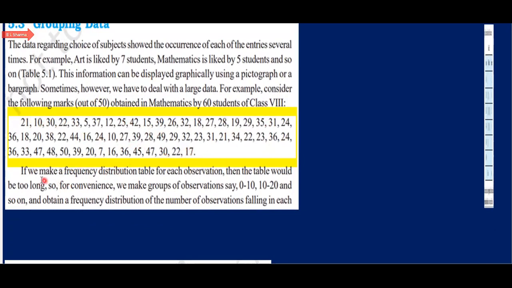But for this what we do, if we make a frequency distribution table for each observation, then the table would be too long. So for convenience, what we do, we make a group of observations, say 0 to 10, 10 to 20, and so on, and obtain a frequency distribution of the number of observations falling in each category. Before making this, we have to see what is the lowest observation here. First of all, lowest observation